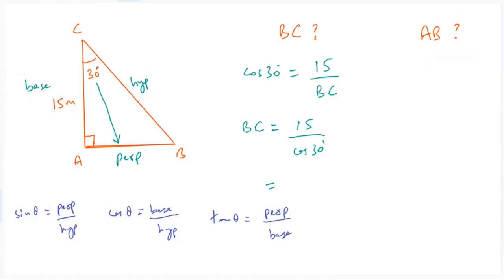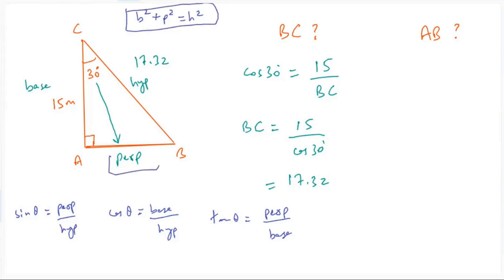Similarly, we have to find AB here. वैसे तो हमारे पास Minahil said this is 17.32. So if we have found the hypotenuse now 17.32, अब अगर हमें AB figure out करना होता, इसके दो तरीके हो सकते हैं. We could use Pythagoras, right? Pythagoras तो आप लोगों को पता है, तो बचपन से पढ़ते आ रहे हैं, base square plus perpendicular square equals hypotenuse square. You could have used that. उससे भी आपके पास ये नीचे वाली AB साइड आ सकती थी। AB का स्क्वायर प्लस 15 का स्क्वायर should be equal to 17.32 स्क्वायर, और यहां से आपके पास AB की वैल्यू आ जाती, ठीक है, यूजिंग पाइथागोरस।